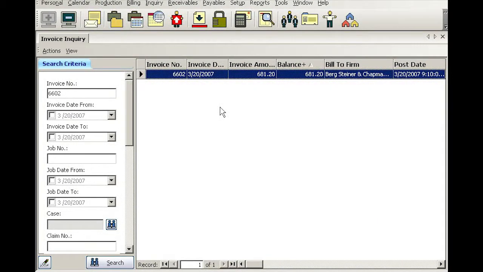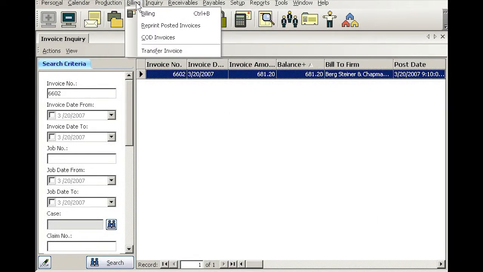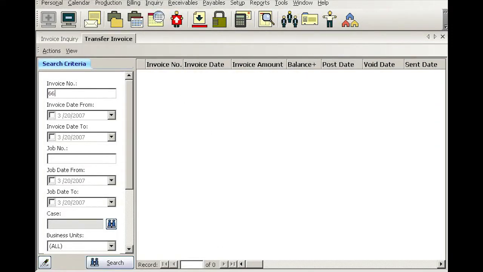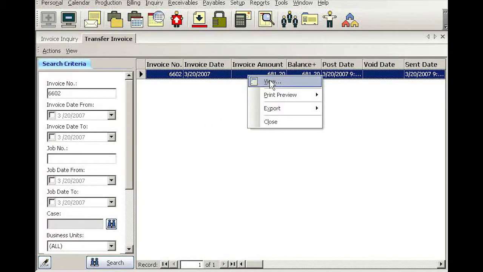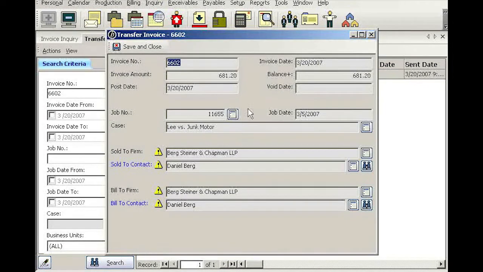Now transfer invoice, you go to billing, bring up a function called transfer invoice. Put an invoice number in, enter, and then simply right click and go into the view mode, and then you can see that right now Daniel Berg is the sold to and billed to. Now billed to is wrong, we need to switch that, so I simply click the binoculars next to the